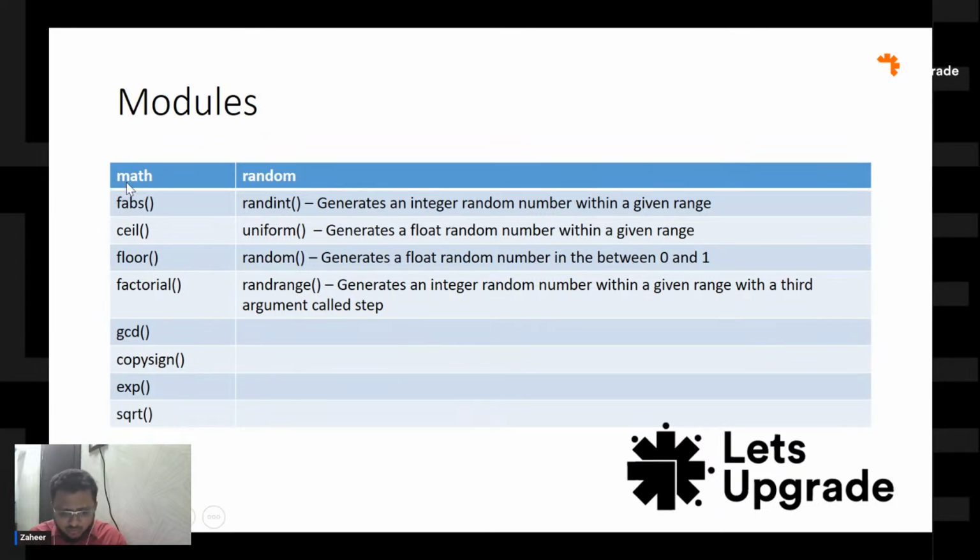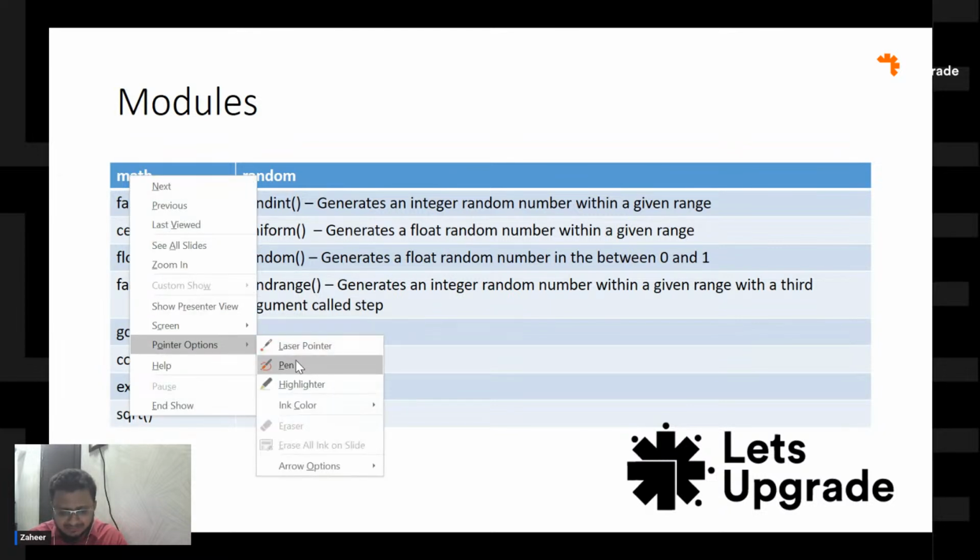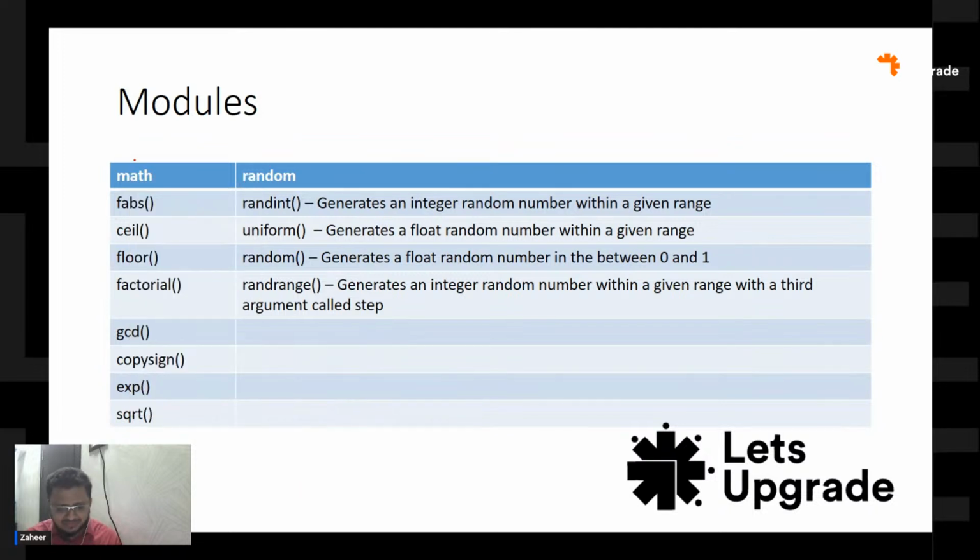Now try to understand whatever I have written here. Okay, whatever I have written on the upper side of this column, these are nothing but the modules. Okay, these are the modules. So in Python these modules are not readymade available. What you're supposed to do here